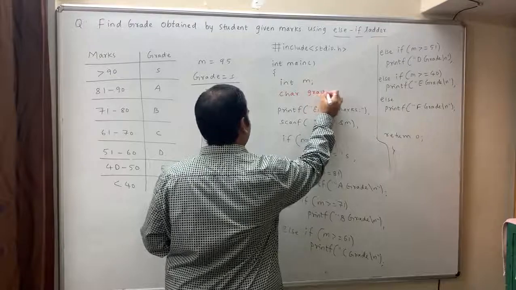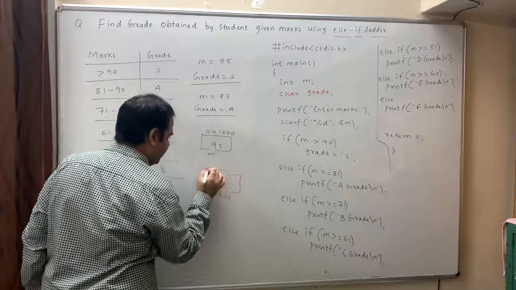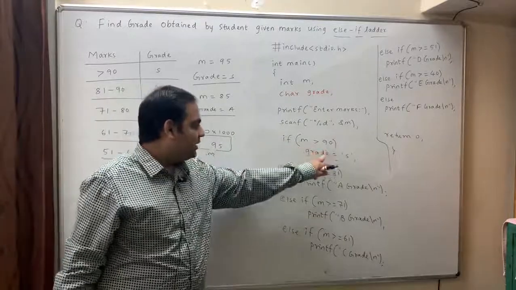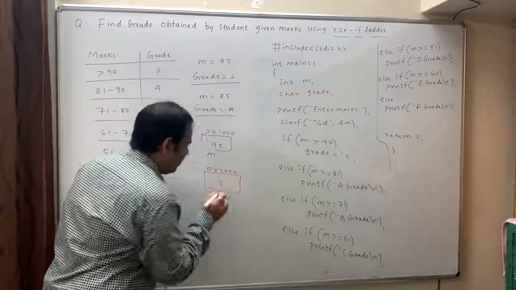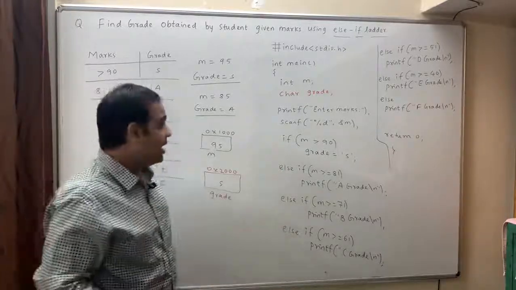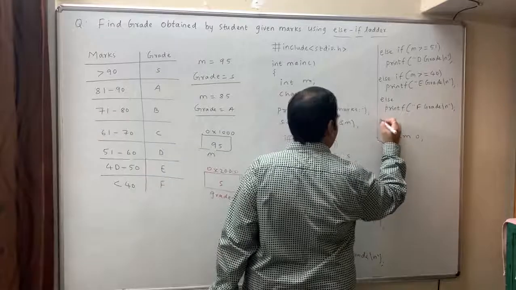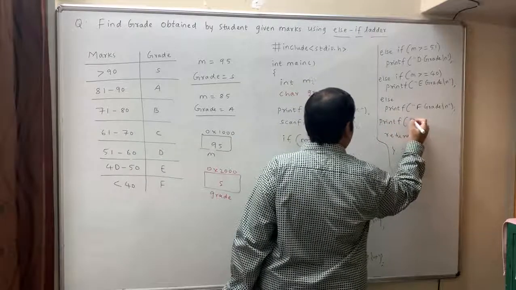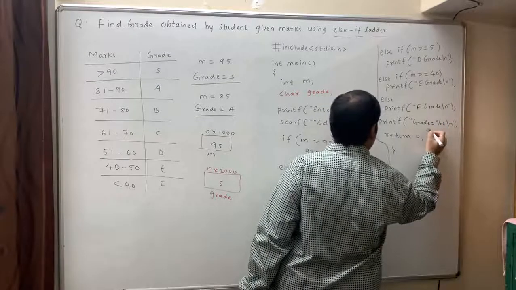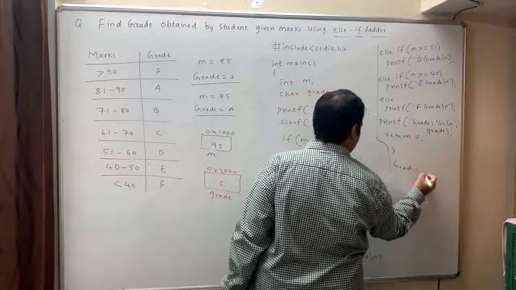And we declare one more variable, char grade. Now this is the variable grade. Let the address of this be 0x20000. Now 95 greater than 90, yes, grade is equal to A, that means A is stored, all the conditions should not be checked, and it directly comes out of the else if ladder, and you have to print the grade over here. And what we do, we write here printf grade is equal to, which kind of variable, percentage c slash n comma, it is stored in the variable grade, therefore it will print grade is equal to A.